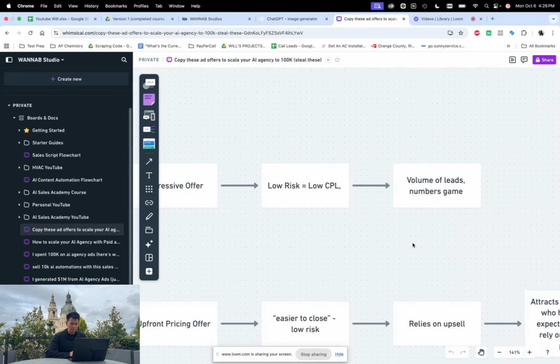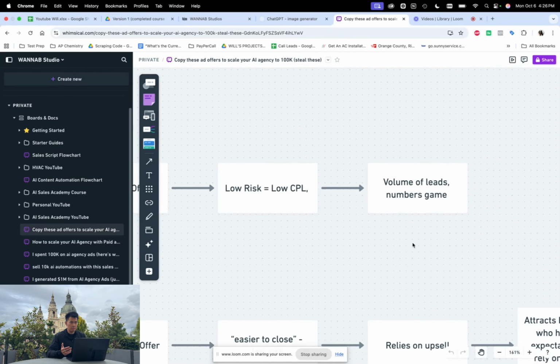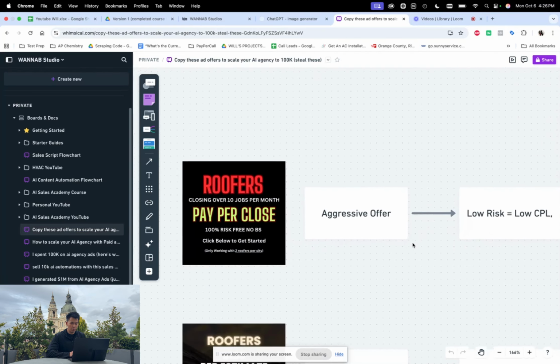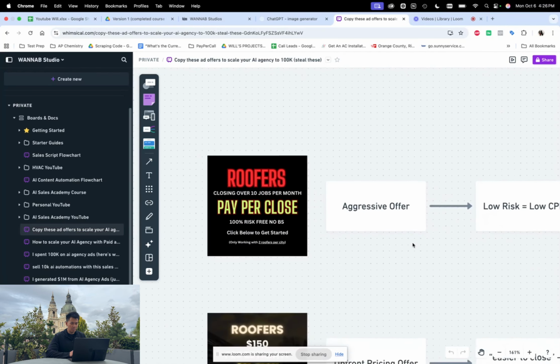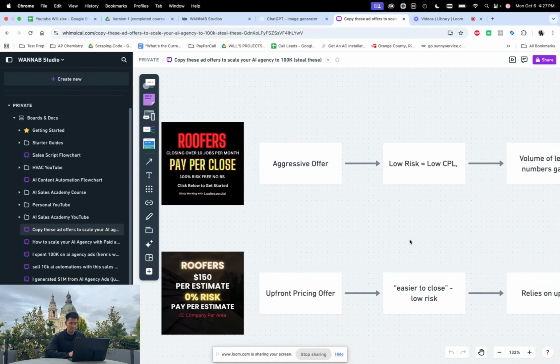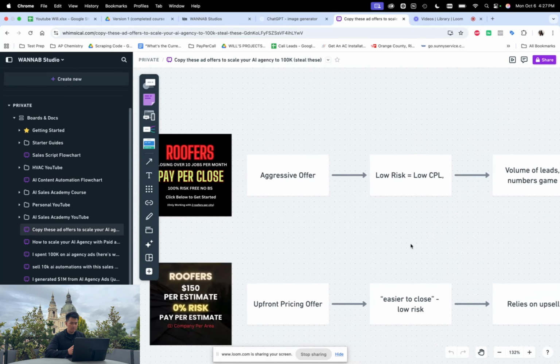What that is going to allow you to do is have a volume of leads where it becomes a numbers game, right? When you're a beginner or you're starting out and you want to have the largest volume of leads possible, you want to have 5 to 10 sales calls per day. This is what I would do. I would have a very aggressive offer and try to get as many conversations as you can get